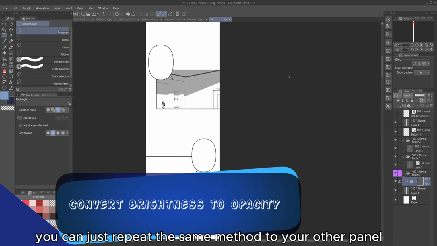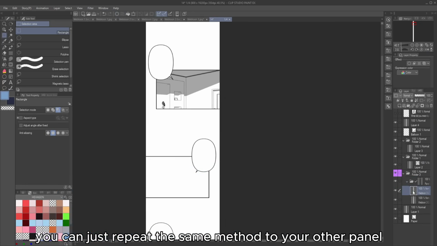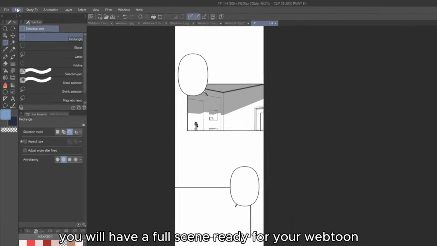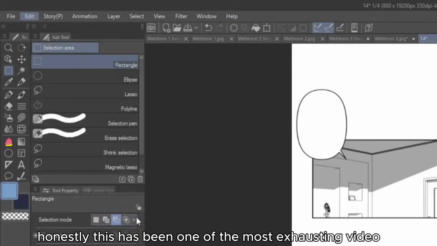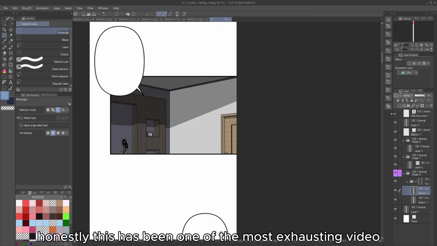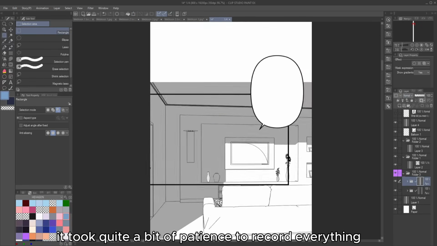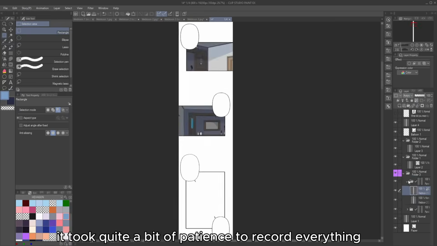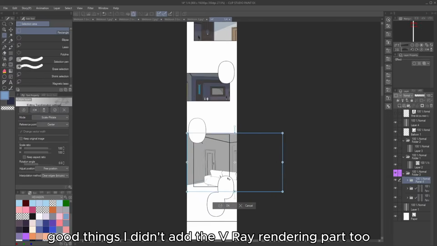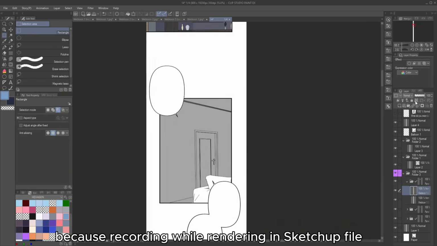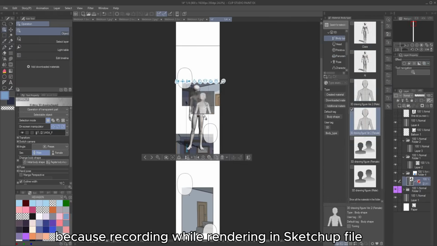From here, you can just repeat the same method for your other panels, and before you know it, you will have a full scene ready for your Webtoon. Honestly, this has been one of the most exhausting videos I have ever made. So many apps involved, and yeah, it took quite a bit of patience to record everything. Good thing I didn't add the V-Ray rendering part too, because recording while rendering a SketchUp file, that's just a